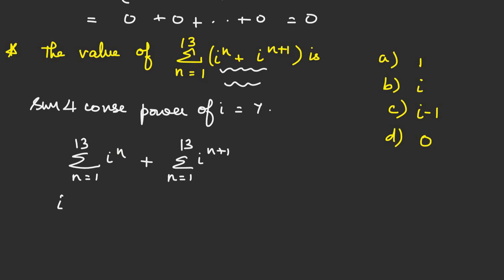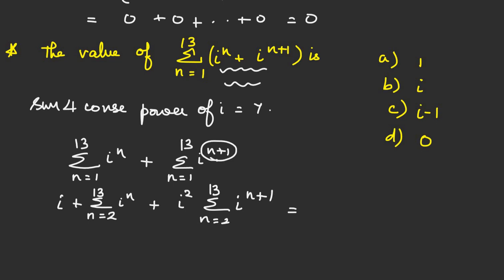So let me take i outside. i plus sigma n equals, the first term is taken. So it will be n equals 2 to 13, i power n, plus I take n plus 1 is given here. So taking i squared, sigma n equals 2 to 13, i power n plus 1. Now this gives us i plus, so this gives us i into sigma n equals